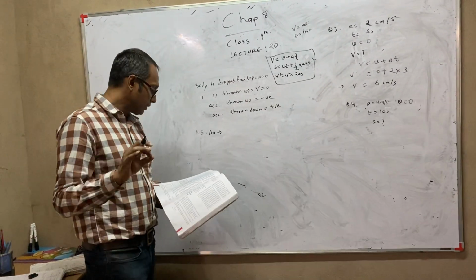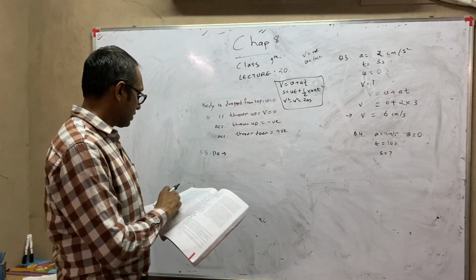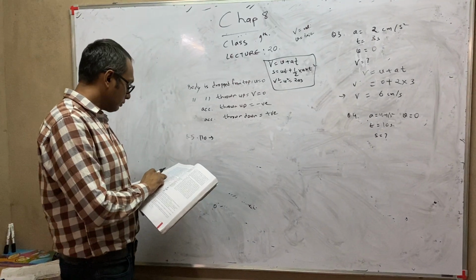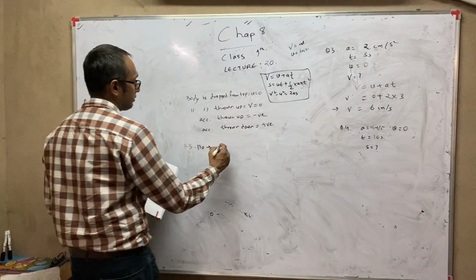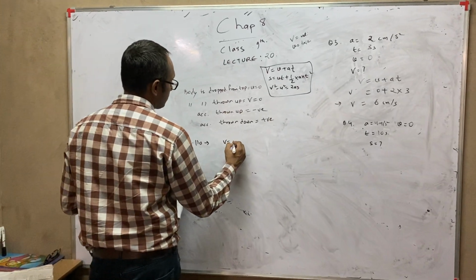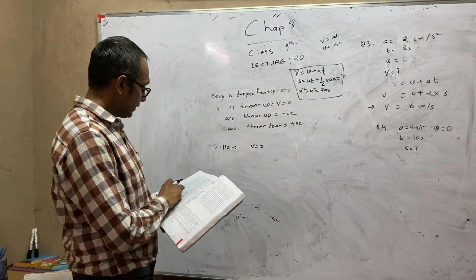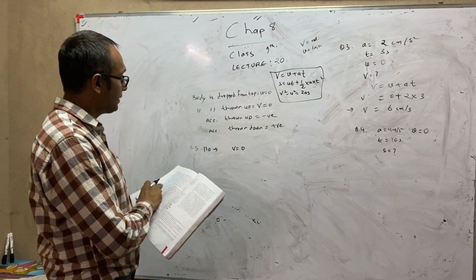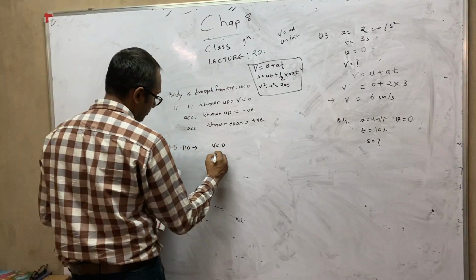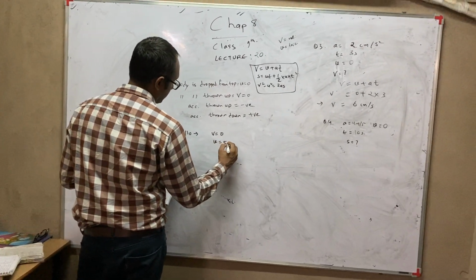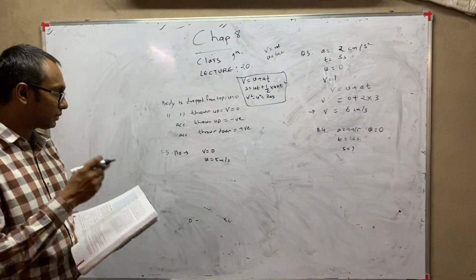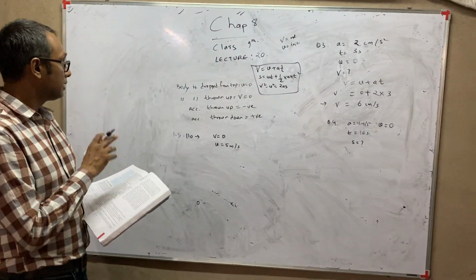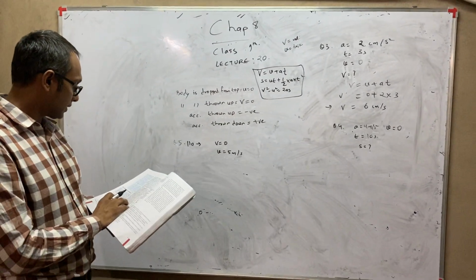First of all, we will write what all things are given. So first thing, a stone is thrown vertically in the upward direction. So whenever upward direction is given, we take v equal to 0. It is given with a velocity of 5 meters per second, so that is our u. Okay, so that is how you distinguish whether v is given or u is given. Because it is thrown up, we take v as 0 and u will be 5 meters per second.